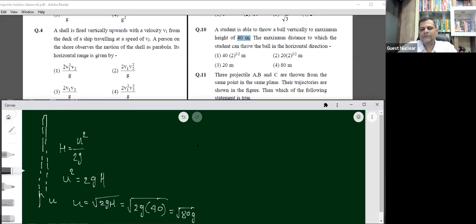But at the same time, what we have to do now is the maximum distance to which the student can throw the ball in the horizontal direction. तो हॉरिजॉन्टल डायरेक्शन में कितना मैक्सिमम डिस्टेंस तक वो थ्रो कर पाएगा, ये हमको कैसे मिलेगा? तो उसके लिए हमको थीटा 45 रखना पड़ेगा, और जब थीटा 45 रखेंगे तो रेंज कितना मिलेगा? u स्क्वायर बाय 2g के बराबर मिलेगा, करेक्ट है? सॉरी,